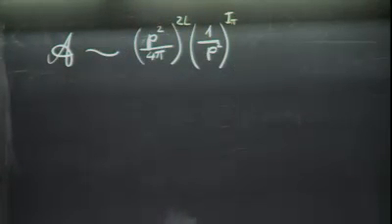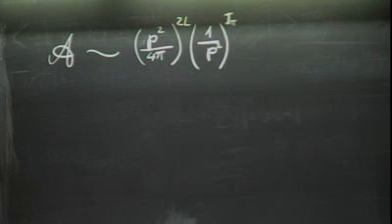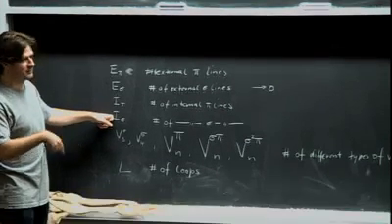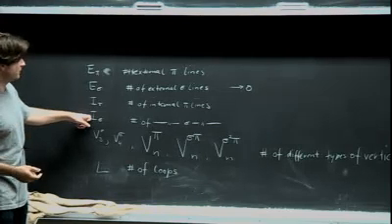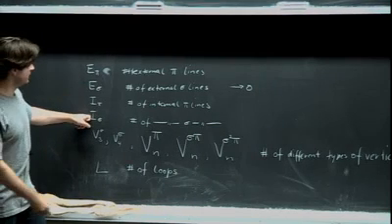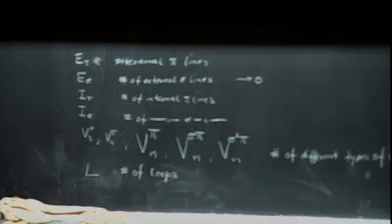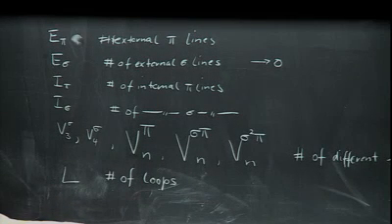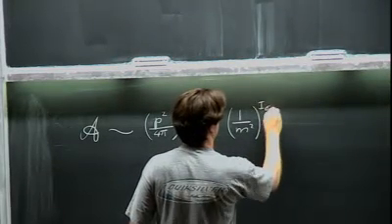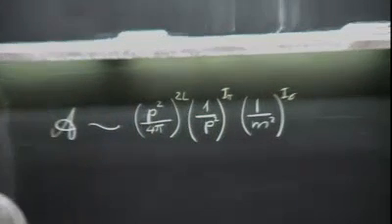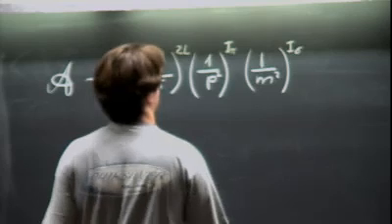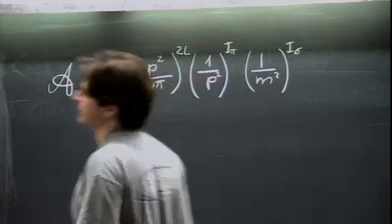Then there's a number of contributions really from an internal sigma line, because we can expand the propagators out, and it gives a 1 over m squared plus p squared over m to the 4th, and so on. So what I'm writing now is going to be the leading contribution to a given diagram, in which case it just contributes 1 over m squared raised to the power of the number of internal sigma lines. And now we have to figure out how the vertices contribute, and the